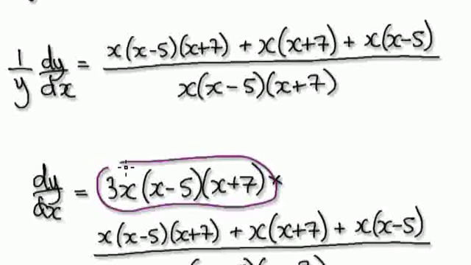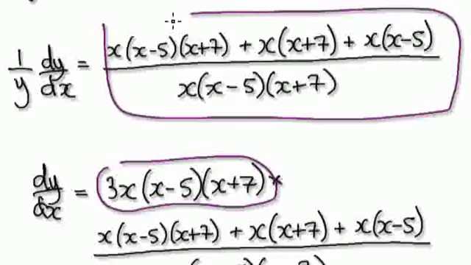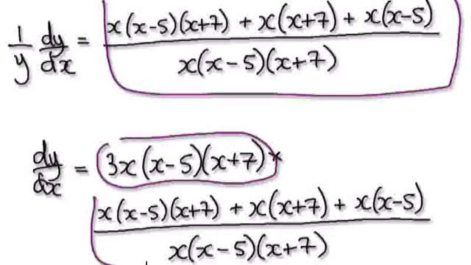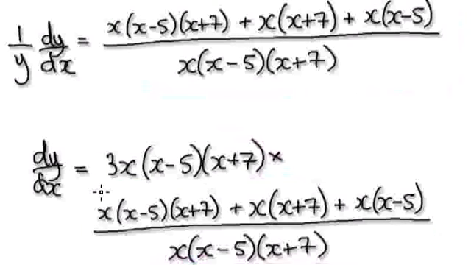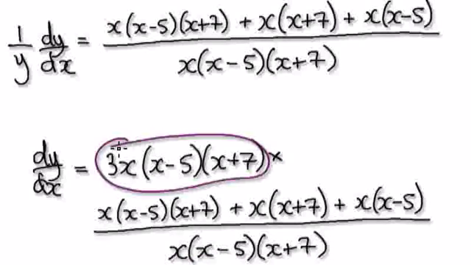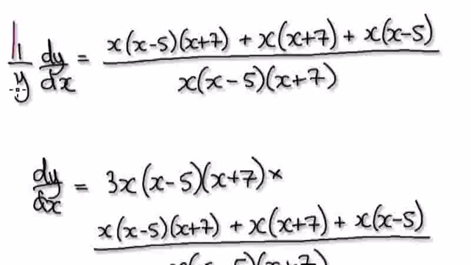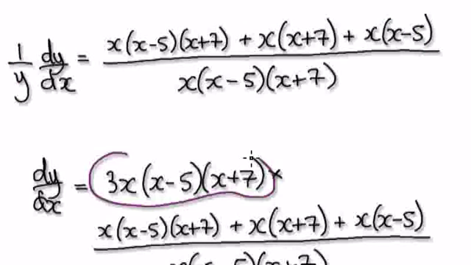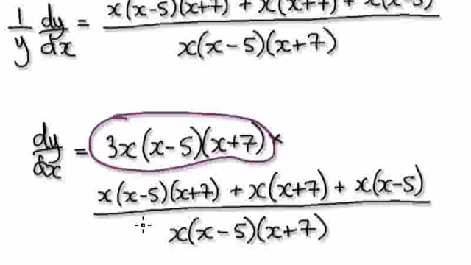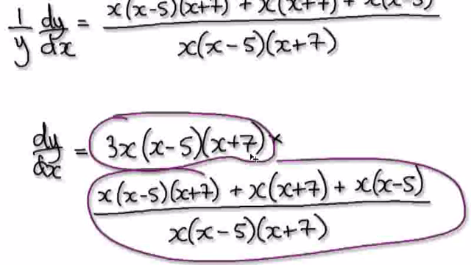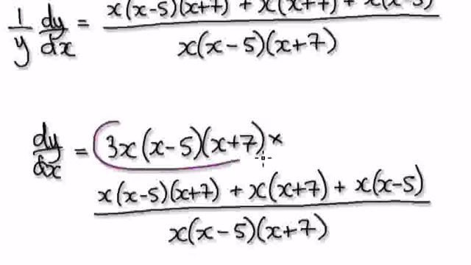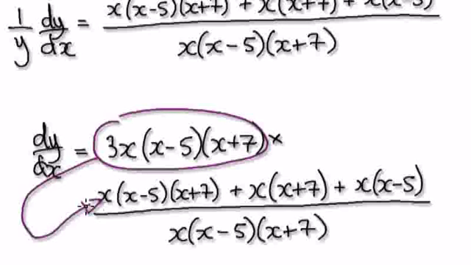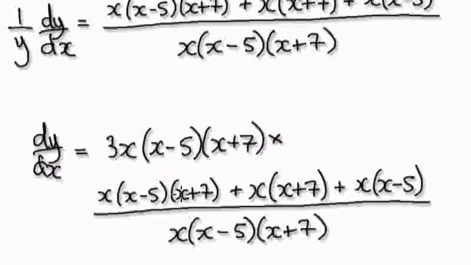So this was our original y here, and then this fraction here is this here. Okay, so when you are here, times both sides by y. So this is our y here, and then we've got to times it with this. Okay, so this here gets multiplied to the top. This thing here gets multiplied to the top here. Okay, so now we can cancel this out,